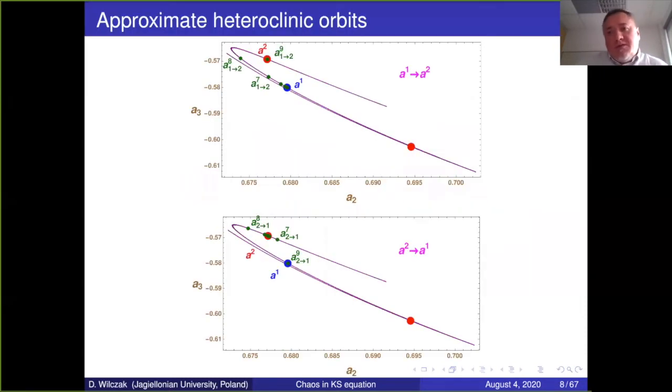And on this attractor, which is on the Poincare section, we have found some approximate heteroclinic orbits between A1 and the periodic orbit A2, and in the opposite direction. So we see that at the beginning, this heteroclinic sequence is very close to A1 and then follows some points on the attractor. And actually the point denoted here by A9 is already very close to the red dot, and the same in the opposite direction. So given these approximate heteroclinic chains, we are able to construct some shadowing trajectories. In this sense, we have symbolic dynamics.